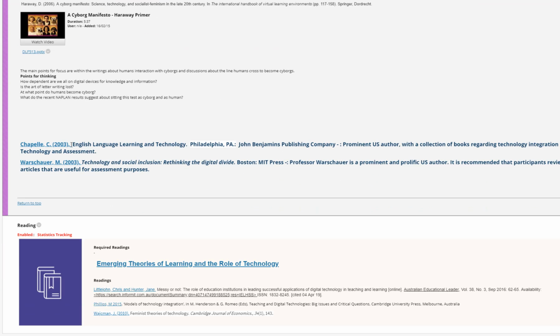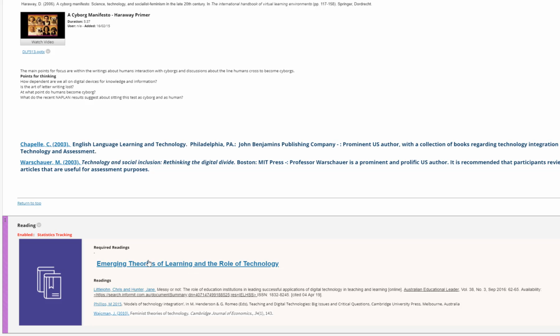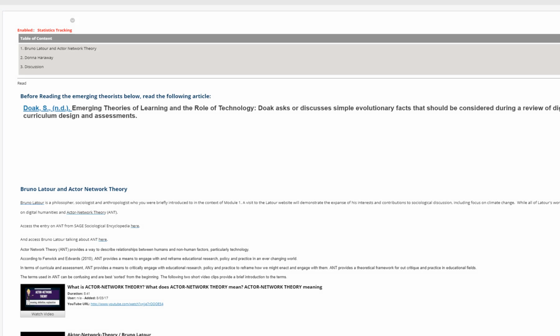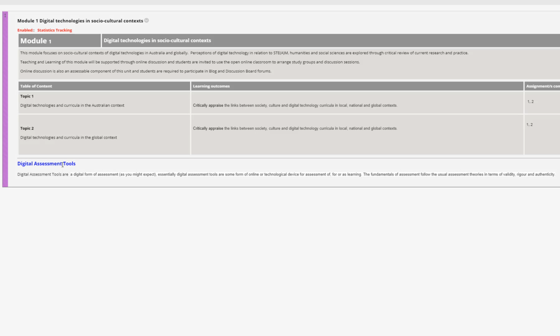Now I added this and I added this because of emerging theories of learning and the role of technology. There's quite a lot of articles out there that need to be read. So there's that. But this is what I find interesting. You see, this is a unit that is on offer, and there's absolutely no content in module 3. So whoever was in charge of this just left it blank, and so now I have to formulate a module, and I have to design this whole module, and I have very little